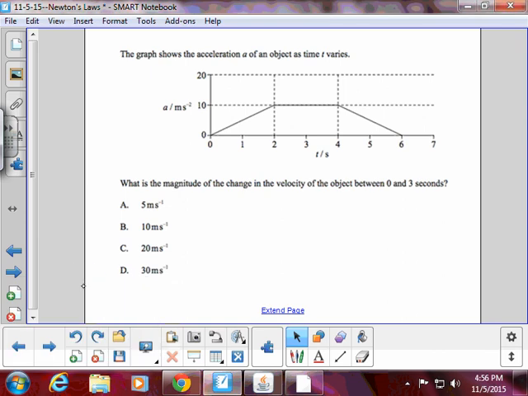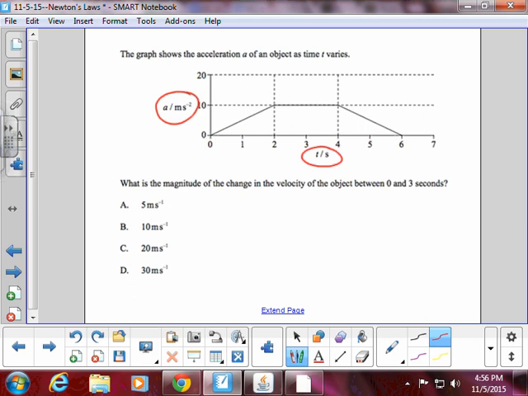Problem 4. On this one we get an acceleration versus time graph, and it's asking us to find the magnitude, which means don't worry if it's positive area or negative area. It wants just the magnitude of the change in velocity. And since our units here are meters per second,